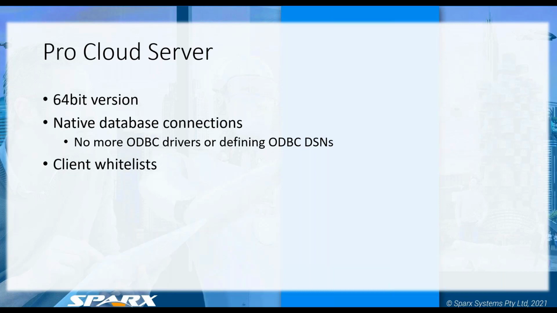We've also included the ability to do client whitelists for the Pro Cloud Server. So what this allows you to do is, if you have a scenario where security is paramount in your organization, but you have no choice but to open up your Pro Cloud Server to the wider internet, then you can lock that down by only accepting calls and connections on specific and predefined IP addresses. If someone tries to access your Pro Cloud Server that is not on the whitelist, then that will obviously not connect for them. So just added security for the Pro Cloud Server in specific environments there.